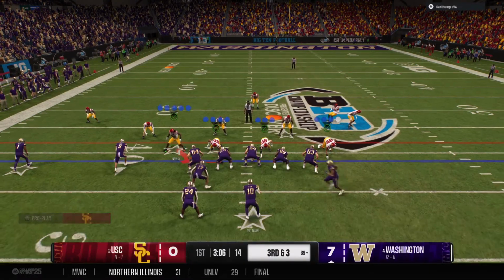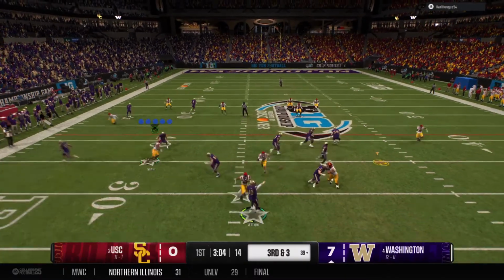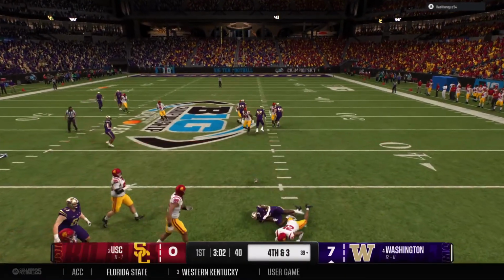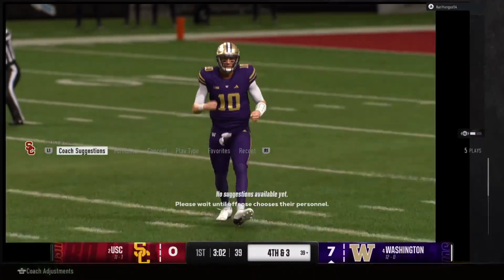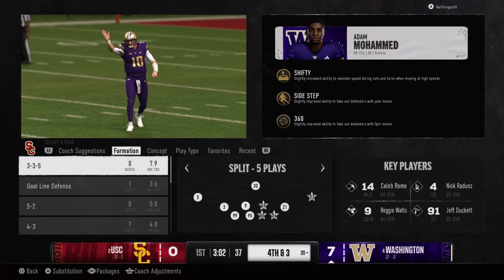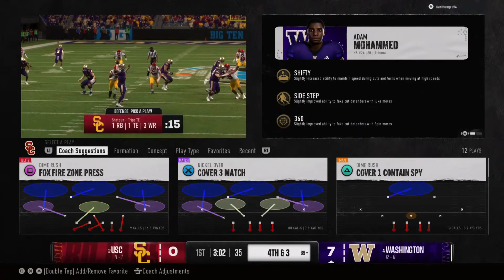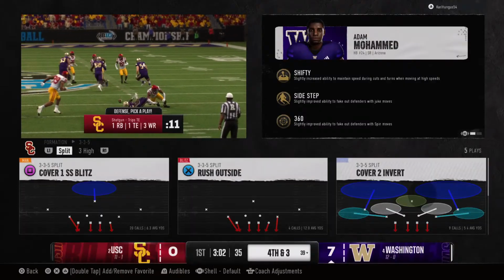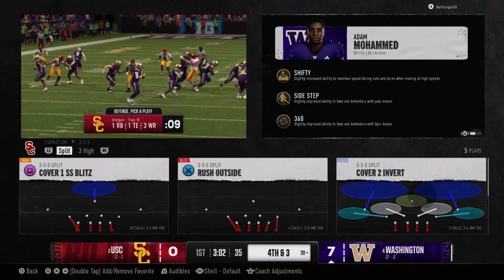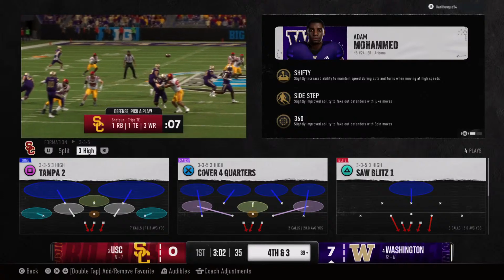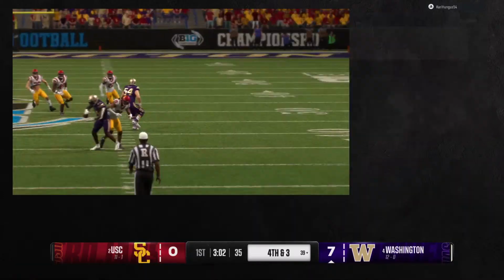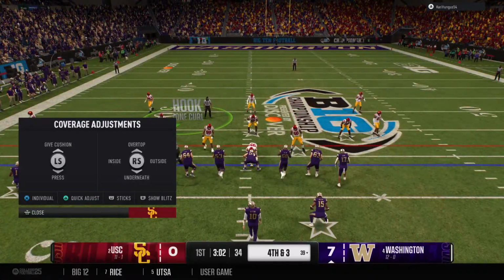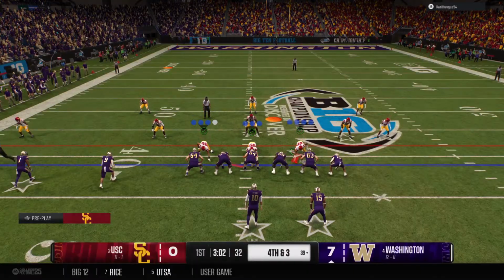Pre-snap motion from the offense. Looking to throw again. He cannot hold on to the ball. That's going to bring up 4th down. How about the call here? They go with the screen on 3rd down and short. You don't see that called very often. They're not able to even complete the pass, so no chance at a conversion. So we got 4th and short. It's a gamble here. Offense going for it on 4th down inside their own 40.